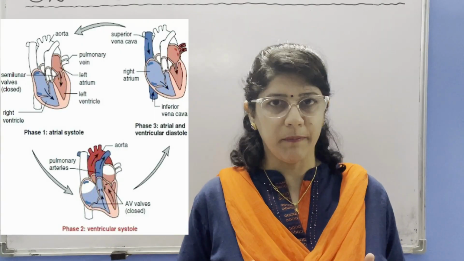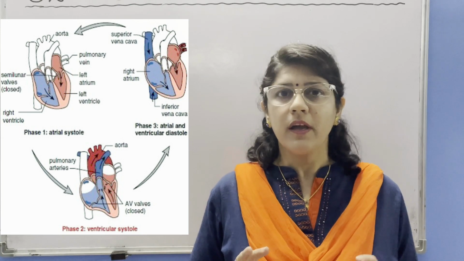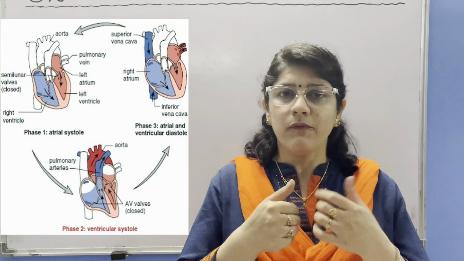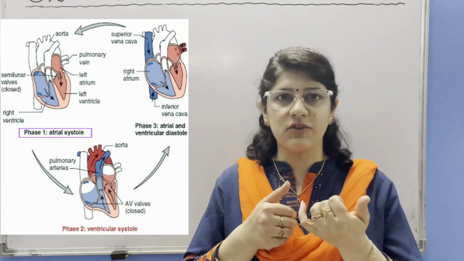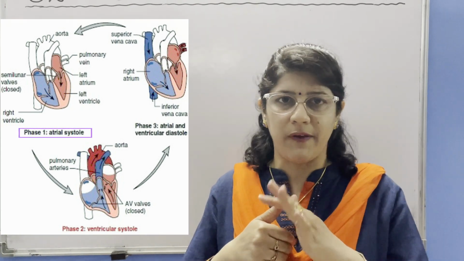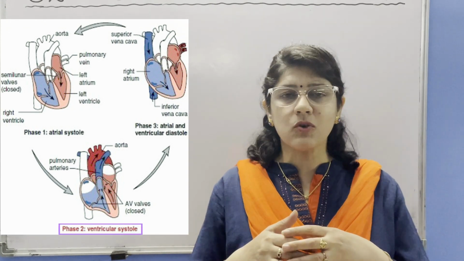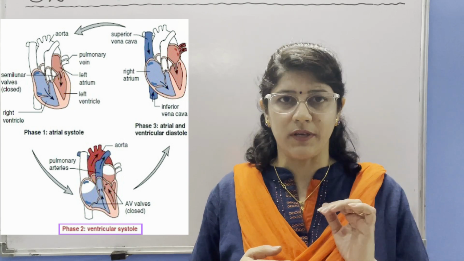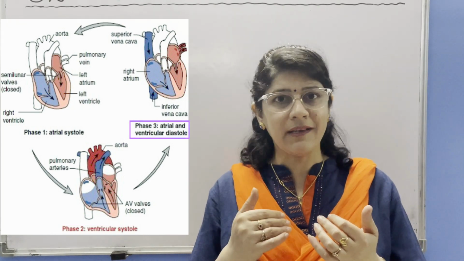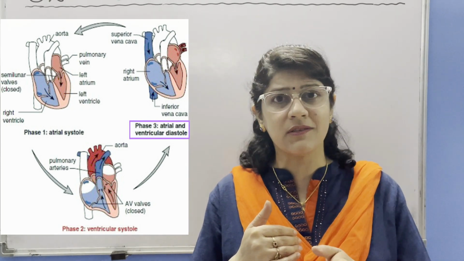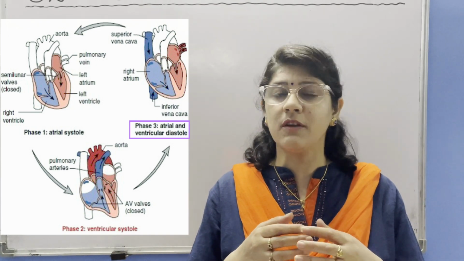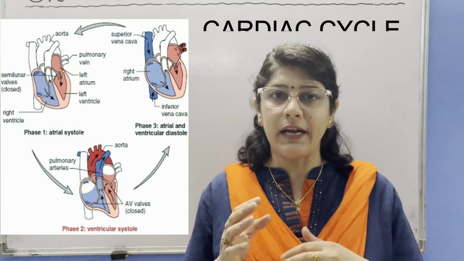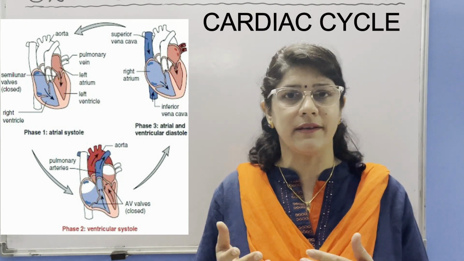Now we will talk about the heartbeat, which consists of two major steps, in which contraction is known as systole and relaxation is known as diastole. First of all, the atria contract and the duration for atrial systole is 0.15 seconds. Then ventricular systole, in which ventricles contract and their duration is 0.30 seconds. After this, ventricles relax. At this time, the atria are also in the state of relaxation, and the duration in which both are in the relaxation phase is about 0.40 second, and this complete cycle is known as the cardiac cycle.